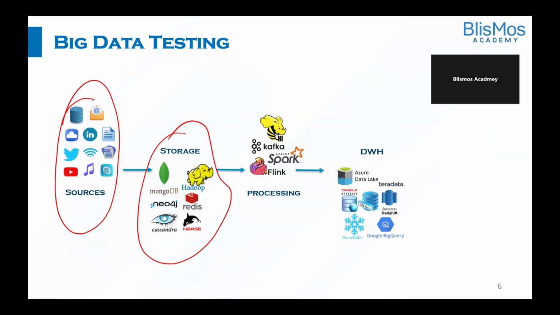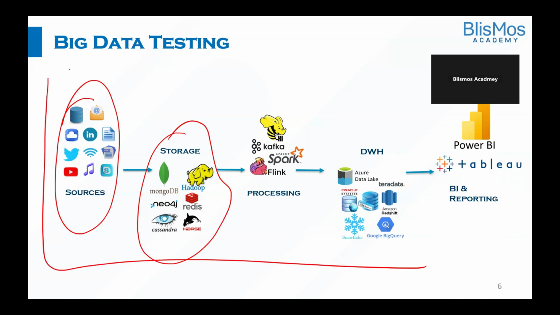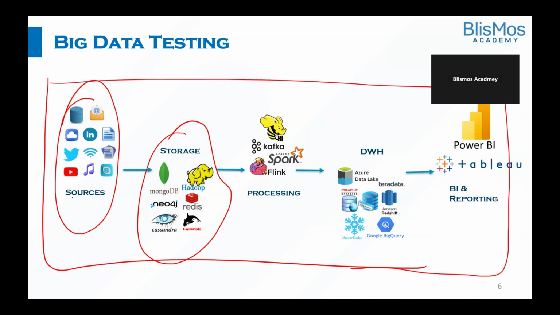It can be Azure Data Lake. Within that, we have a dedicated SQL pool. Then we have SQL Server, Oracle, Snowflake. And then that data will be visualized through BI and reporting tools like Power BI and Tableau. So big data testing ensures the validation of the accuracy and completeness of the data from source till the BI